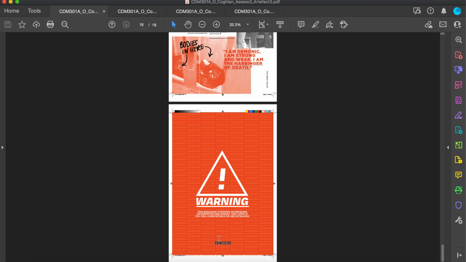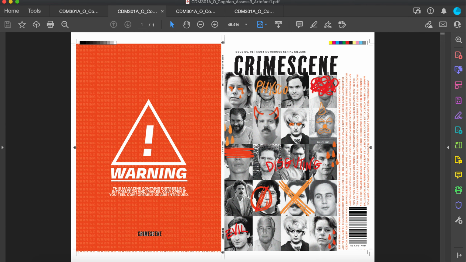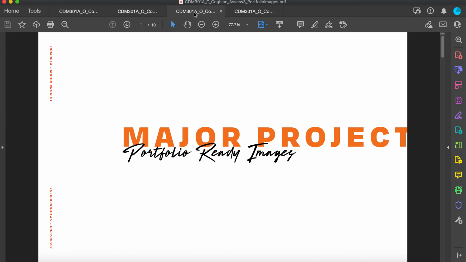Okay, and this is the back cover of the magazine. What an incredible idea for the back cover of a crime magazine, having a massive warning. Isn't that going to make people want to pick it up and see what's inside out of interest? Okay, so we've got the other artifact, and then let's take a look at her portfolio ready images, which are